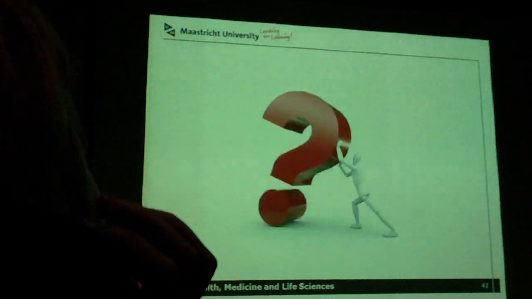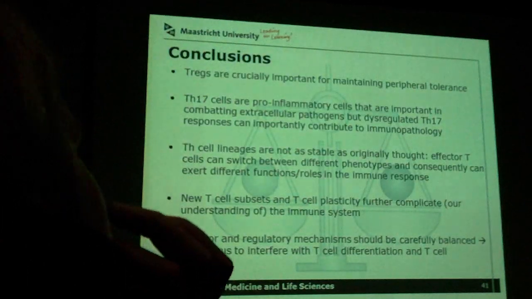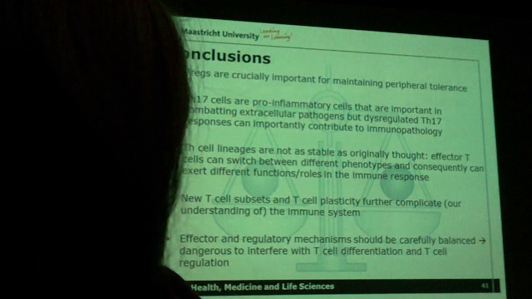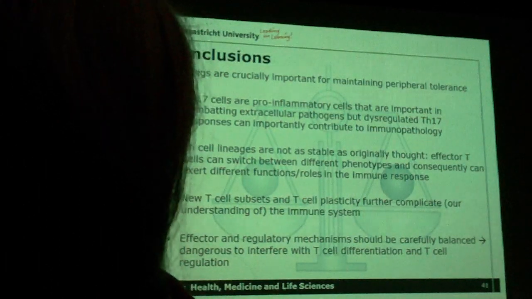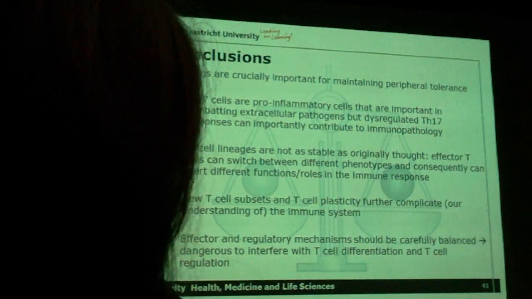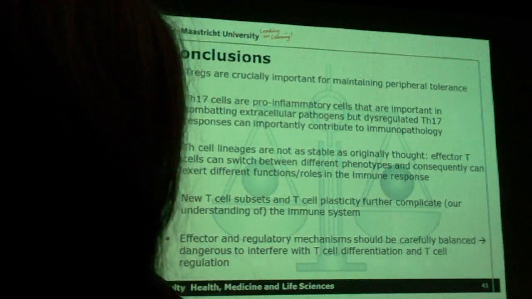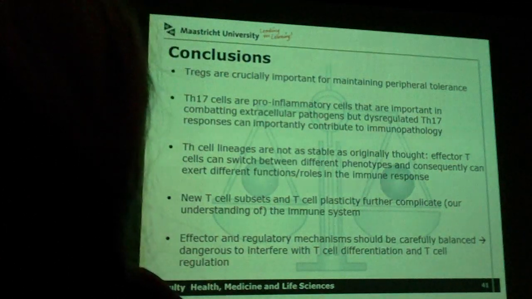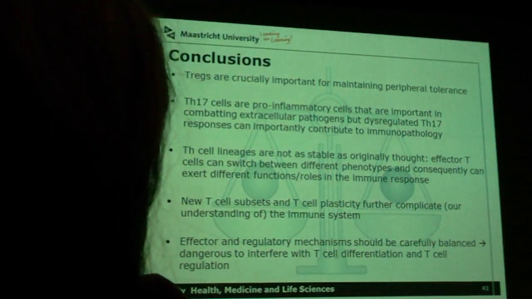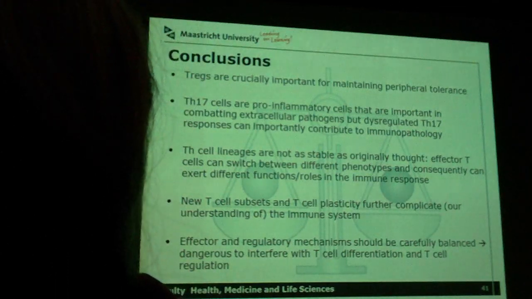And importantly, if you interfere with effector or regulatory mechanisms to treat diseases, you should know what you are doing. And it's all a kind of balance. So pro-inflammatory and regulatory functions need to be balanced